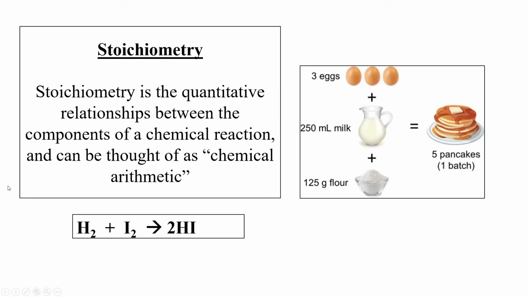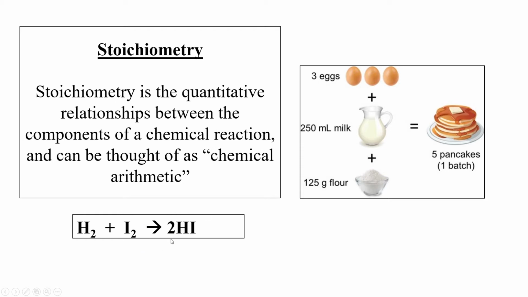Let's see the definition of stoichiometry. Stoichiometry is the quantitative relationship between components of a chemical reaction, and it can be thought of as chemical arithmetic. Look at this balanced equation. According to this balanced equation, we have 1 mole of hydrogen reacting with 1 mole of iodine and giving 2